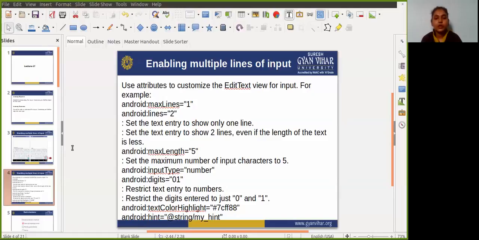You can also specify how the input method should behave, such as whether or not it shows spelling suggestions or provides capital letters at the beginning of a sentence.